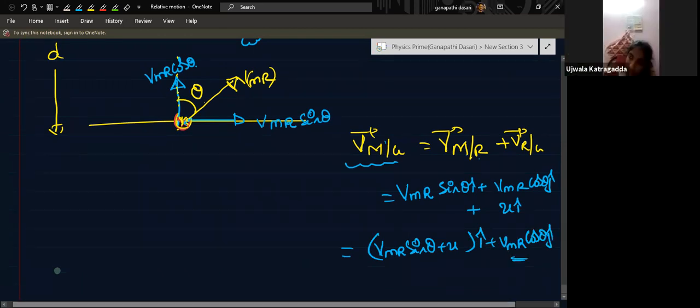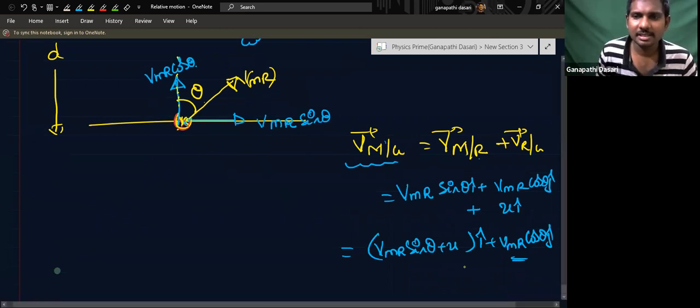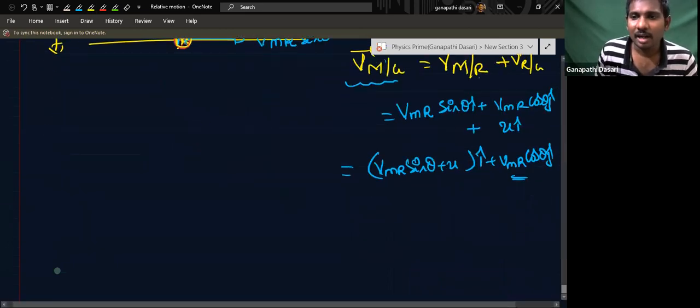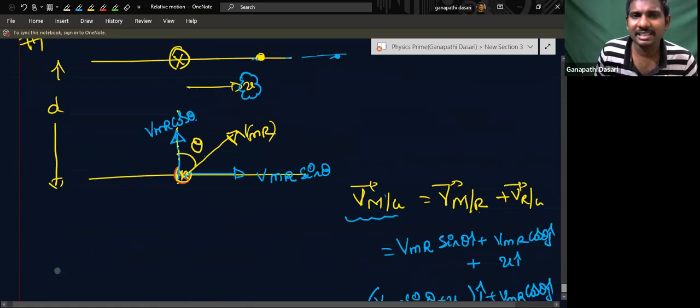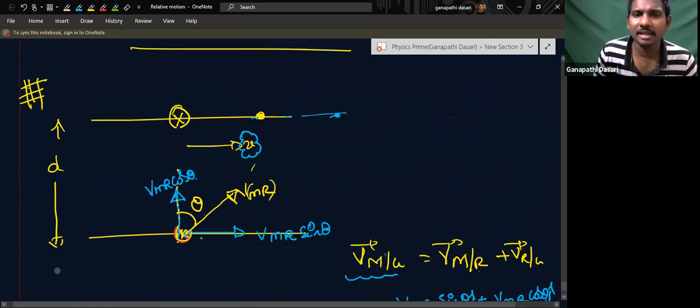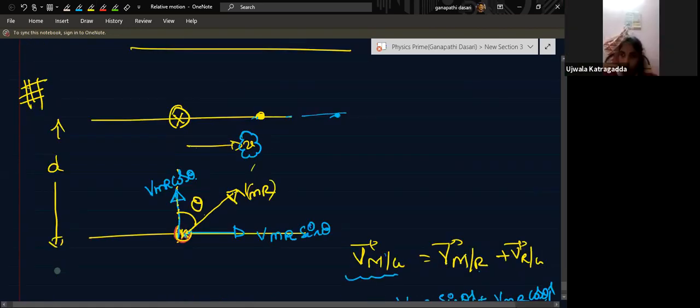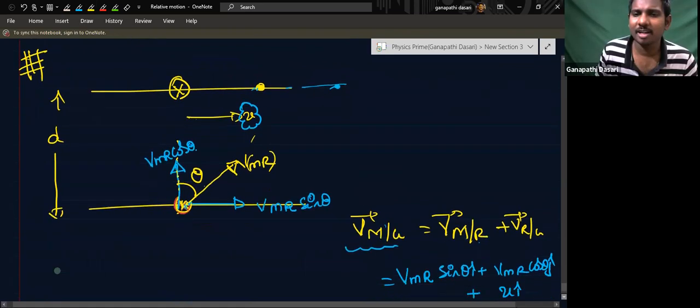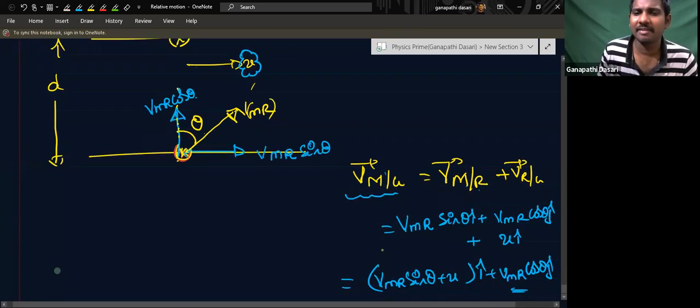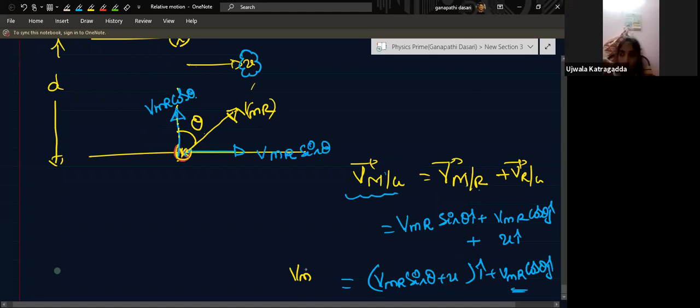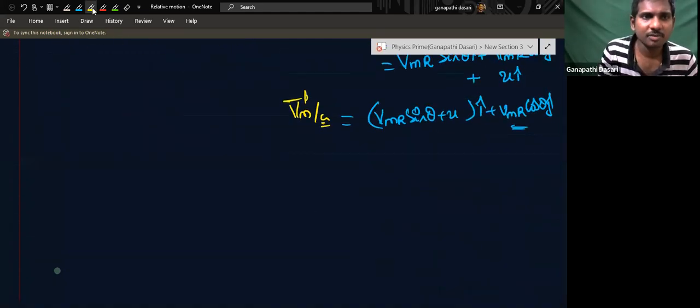Now the questions will start. If you know this, the real things will start. Whatever the man is directing is actually the predicted path, but the man will not go along this path. If you want the real path, we need the real velocity. I formed the equation for the real velocity. Now the question becomes simple. First question is,